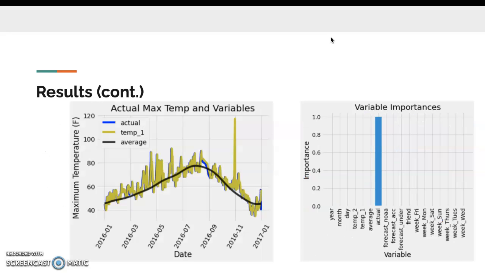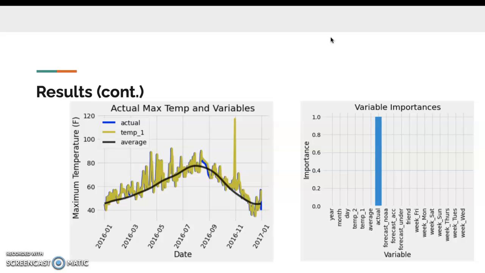Continuing on with the results, this is where I ran into a little bit of trouble with the project. As you can see on the left, the actual max temperature and variables graph, actual temperature and temp 1, which represents the temperature of the day before, are virtually exactly the same. They overlap each other for the whole course of the year, maybe a few small spots here and there. But in my